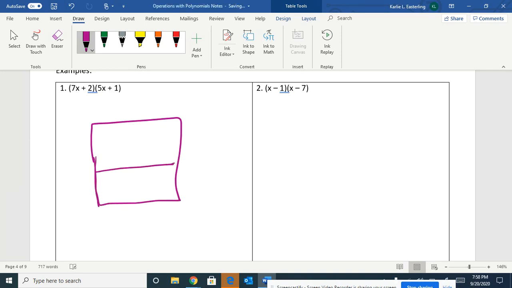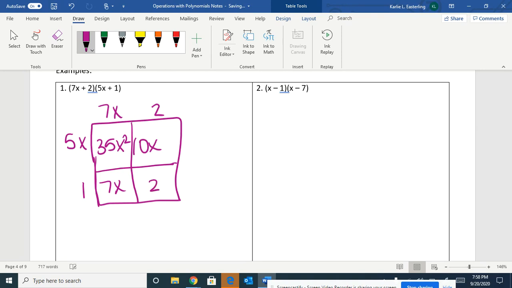And you're then going to want to split your box up into 4 different pieces because you are then going to write each term on the outside of a box. So if we were looking at this specific one, you're then multiplying what's on the outside of your box. So we would be multiplying 5 times 7 and get 35, and x times x, which would give us x squared. Then we're doing 5x times 2x, which would give us 10x, 1x times 7x, and